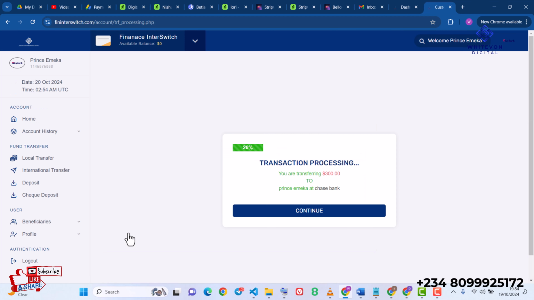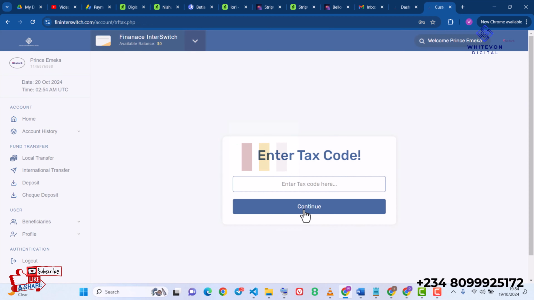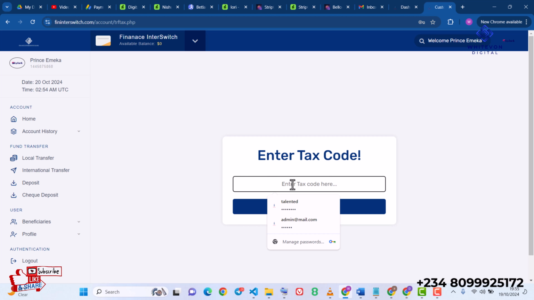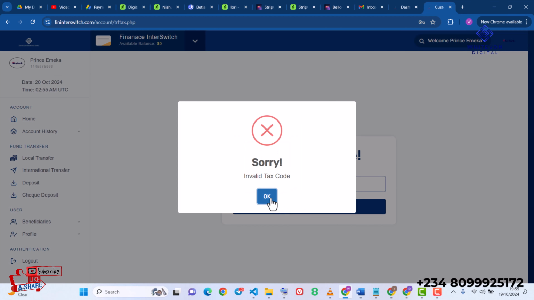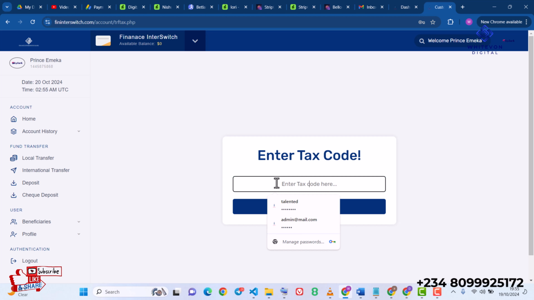Great, guys, it says transaction processing, you are transferring $300. This is literally more than the amount I have. So guys, this transaction is definitely not going to be successful. But let's just try. I'm going to go ahead and click on continue, and then it says enter TAX code. I'm just going to go ahead and put in my TAX code, guys. Then I'm going to click on continue, and then it says sorry, invalid TAX code. Just going to put the code again, guys,